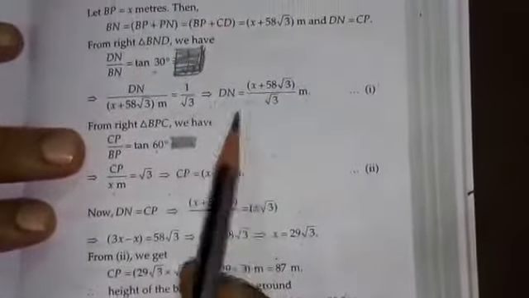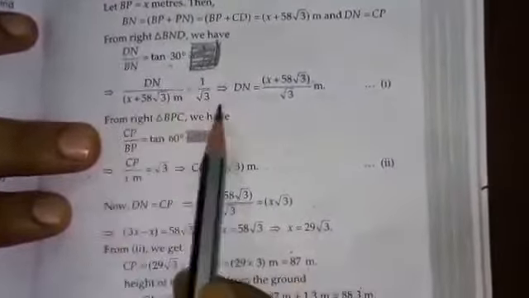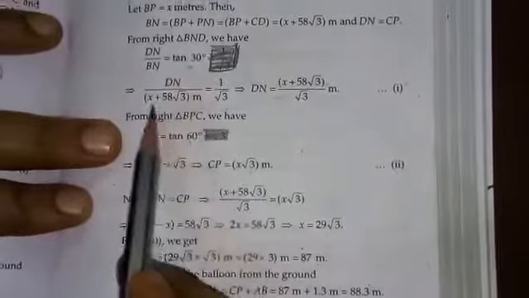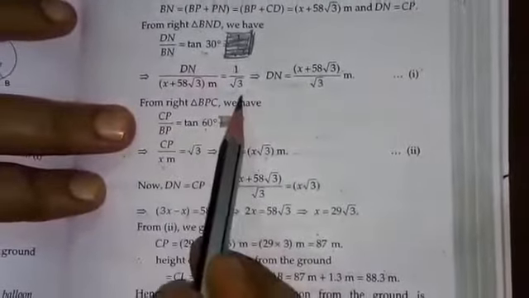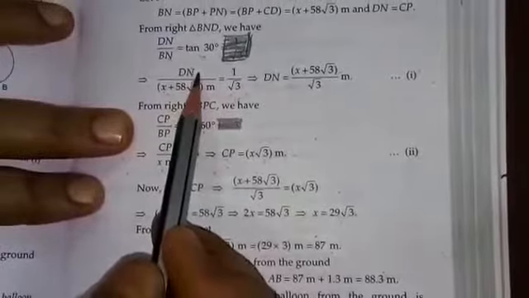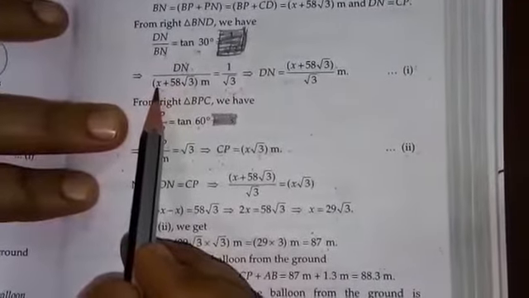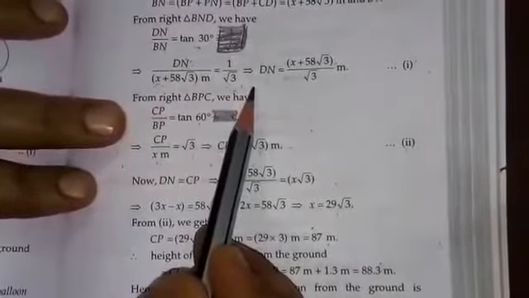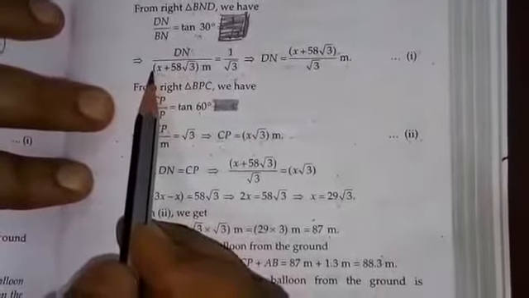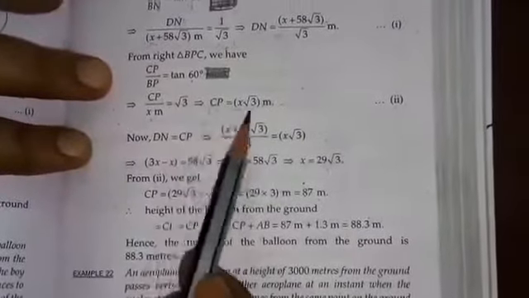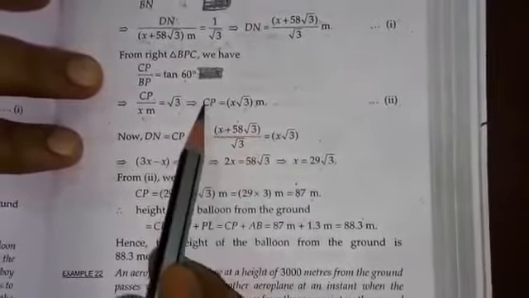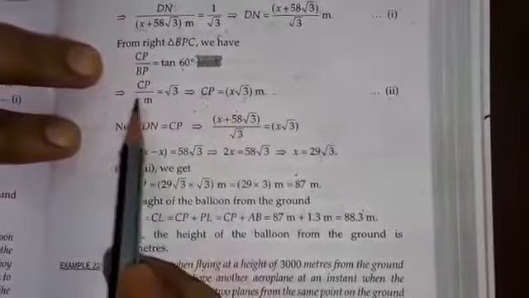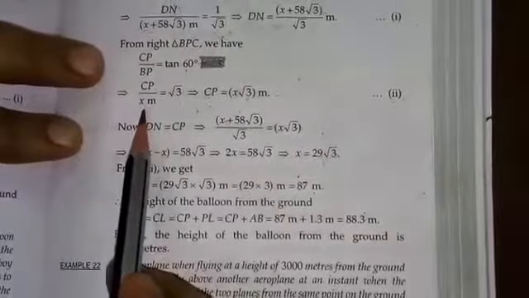Otherwise, what else we can do is, see, this is what we have from one triangle, correct? By applying a trigonometric ratio in the first triangle, this is what we have. How do we understand this? See, we have two unknowns, correct? DN is not known, X is also not known. Both are not known. So you cannot work this and find the value of DN or X. When we took up the other triangle, we had the same situation. We have two unknowns, CP and X. Neither can we find CP nor X. This equation has two unknowns, CP and X.